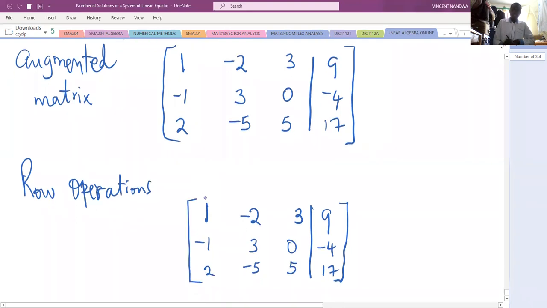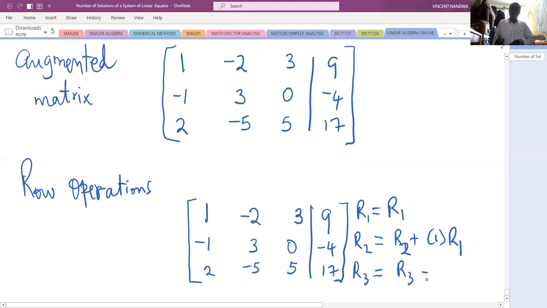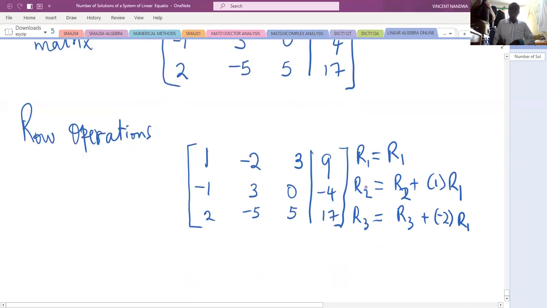For the first step, this is 1, so row 1 we leave as it is. Row 2, we expect this position to be 0, so we'll say row 2 equals row 2 plus 1 row 1. Row 3, we also expect this to be 0, so we'll say row 3 plus minus 2 row 1. If you can't do these steps at the same time, do row 2 first and then go to row 3, but you can as well do it together. So this will lead us to